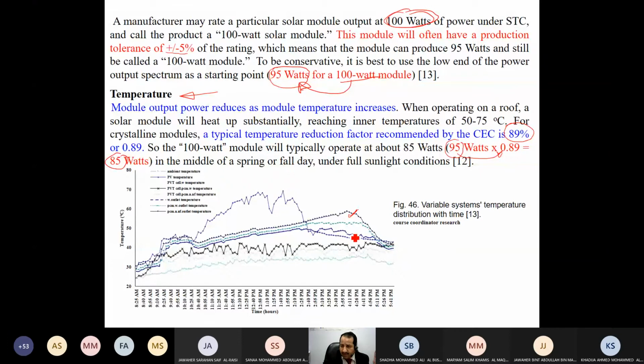When we cool the PV using different methods, we will talk about them in the PVT topic, we will see that the temperature is reduced. With more cooling, using different methods and different fluids to cool it,